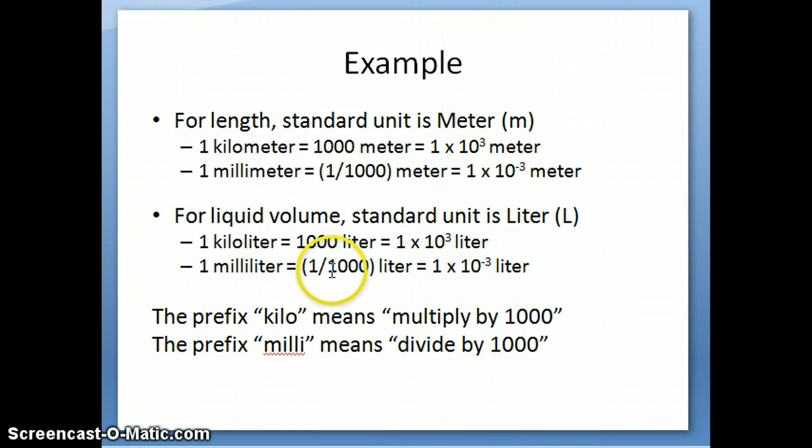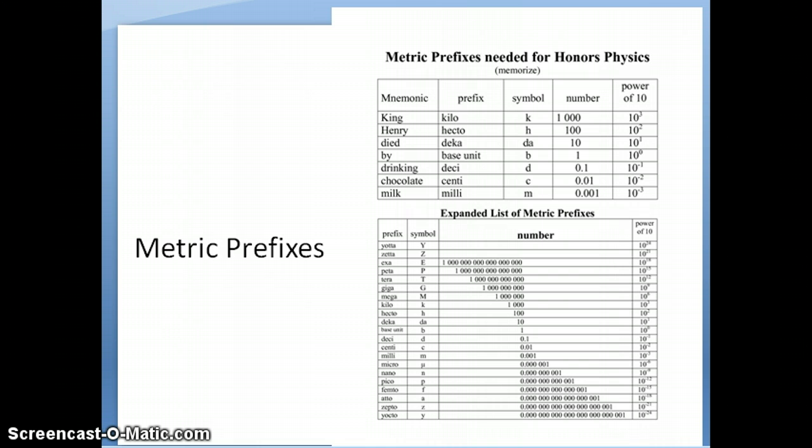And 1 milliliter is equal to 1/1000 of a liter, or 1 times 10 to the minus 3 liter. What we can see from these two simple examples is that the prefix kilo always means multiply by 1,000 for the base unit, and the prefix milli always means take the standard unit and divide it by 1,000. As a result, with the metric system, it's fairly easy to go from very large to very small. It's just a matter of remembering these prefixes, and they're always related to the base unit by some multiple of